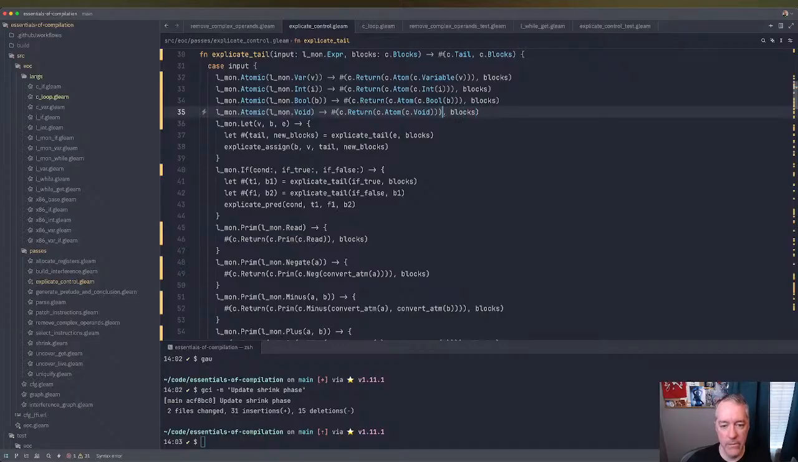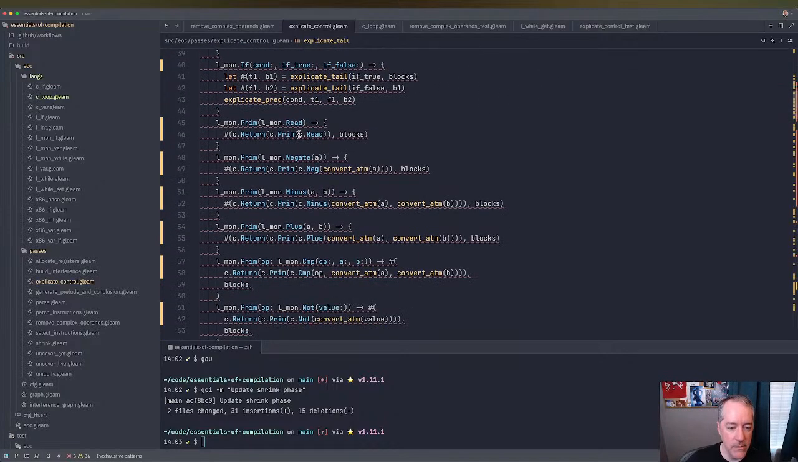What did I do wrong there? Okay. No, there needs to be 3 parens. Huh? Oh, it's because void doesn't have any arguments. Okay, so we need to handle